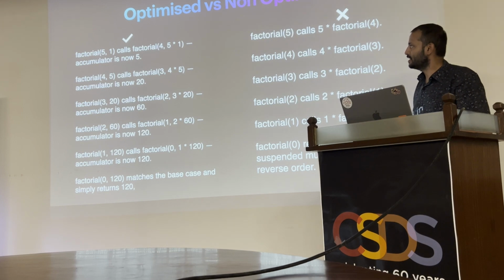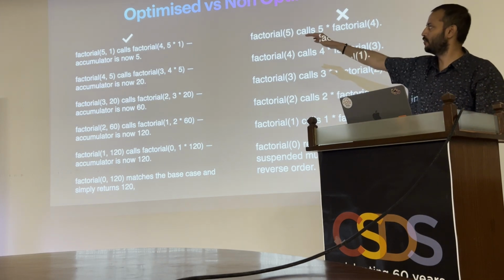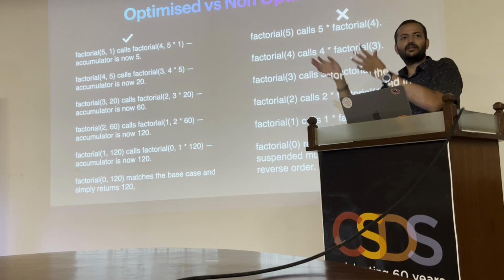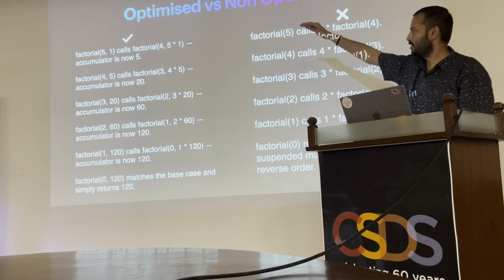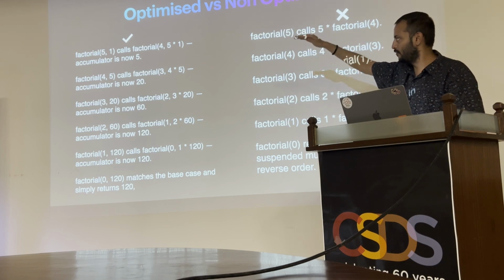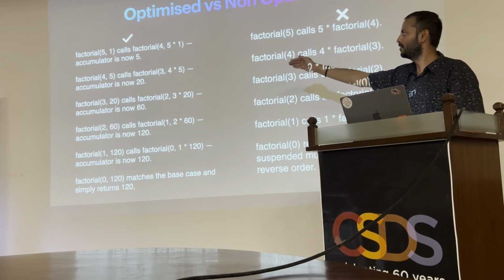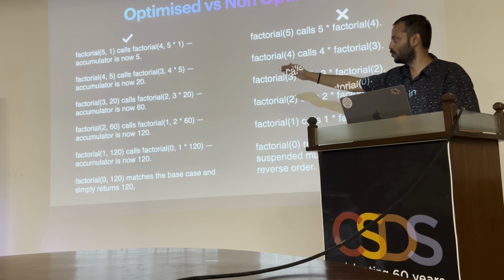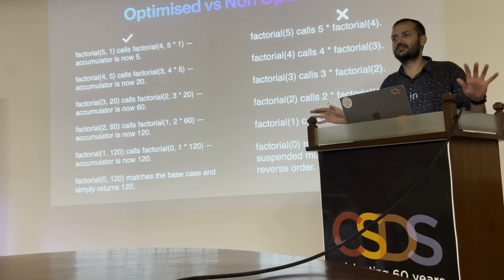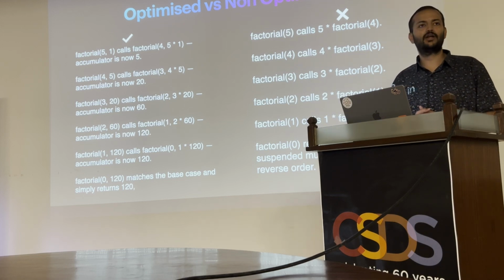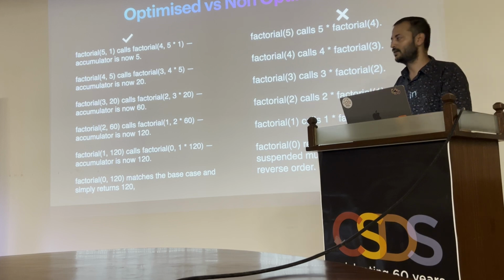So behind the scenes, with tail call optimization, it would run with factorial 5 and it would assign the accumulator 1. And then you're all quite well versed with this. As it would go down, it would call 4 and 5 and assign the accumulator, which is 20. Then the accumulator assigned would be 60, and then 2 and 1. And as it reaches 0, which is the base condition, it would stop and say, hey, now I'm going to return just the accumulated value, which is 120, which is the right answer.